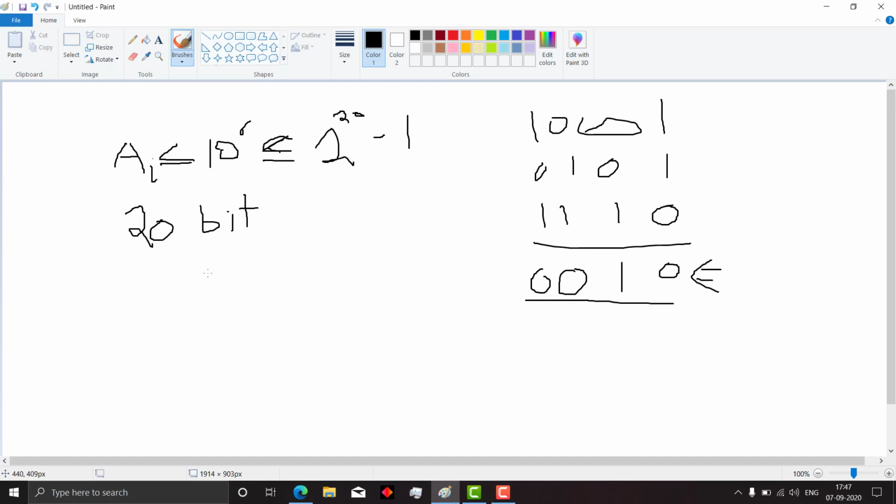So let us proceed now. How do I get to know this bit is 1? Suppose I take the value of k equals 1. It will XOR everything. Now I take the result and take its modulus with 2.